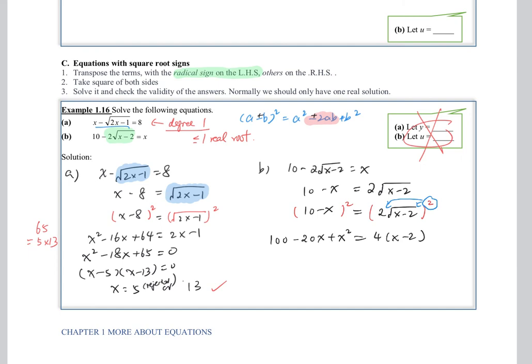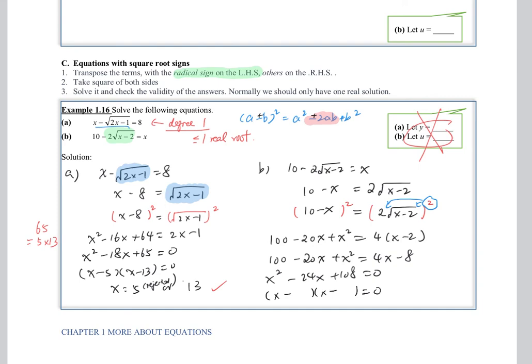So 10 squared is 100. 2 times 10 is 20. x plus x squared. 4x minus 8. And then put everything to the left. So we use the cross method again. So we have both of them negative, and then